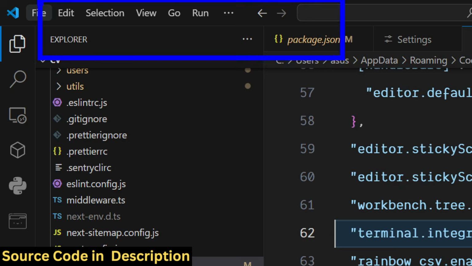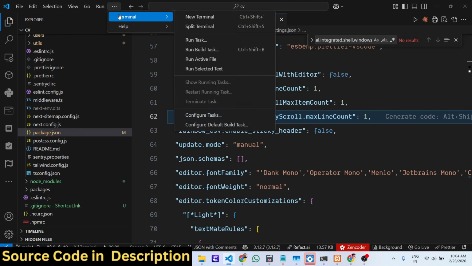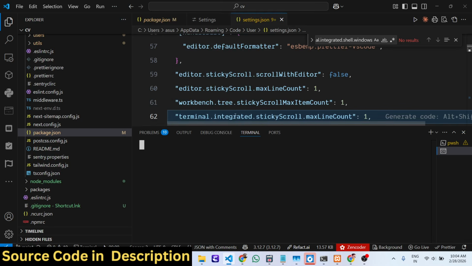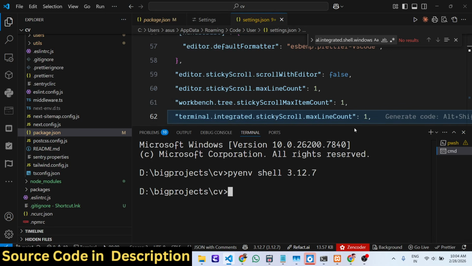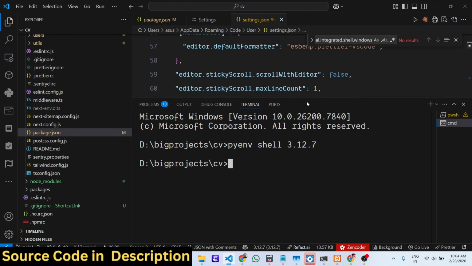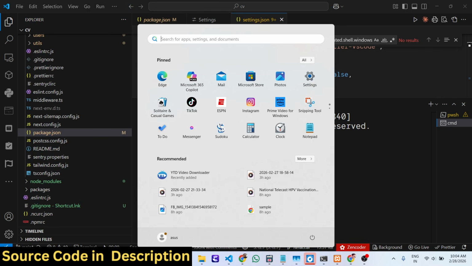So if you open your VS Code, normally you open the terminal by going to this menu option and clicking on new terminal. In my case the terminal is working perfectly, but in your case if it is throwing some kind of error, if the terminal is not opening, the very first solution is that you need to go to your task manager,